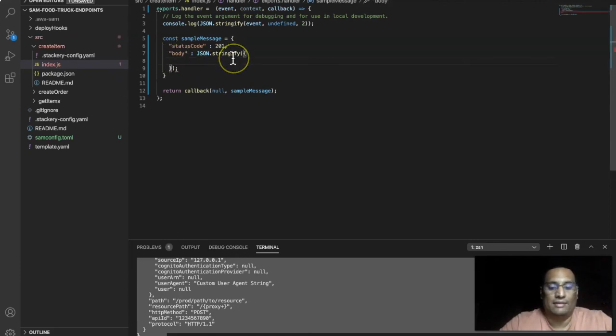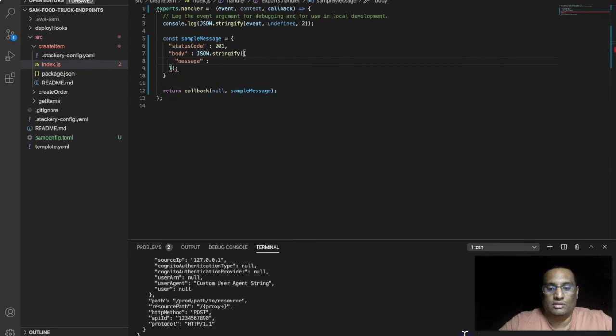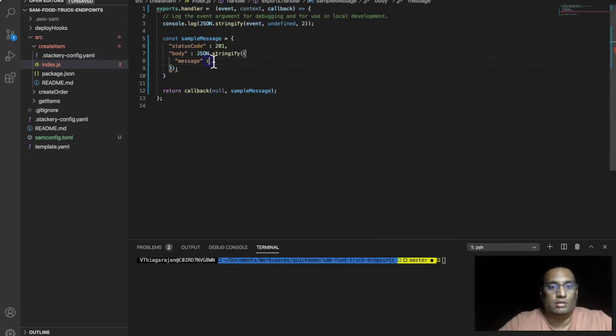The body is going to have something called a message, and the message is going to be the item with an ID was created. For this one, I'm going to replace that with, so we have the event.